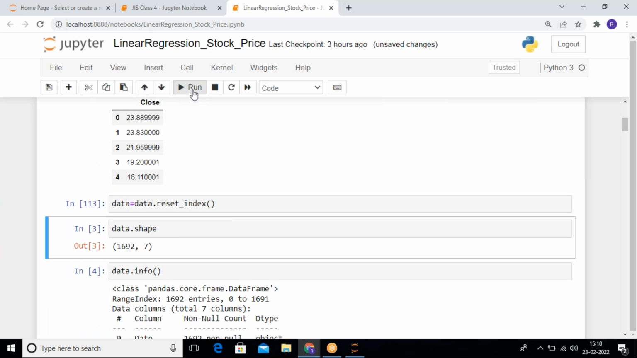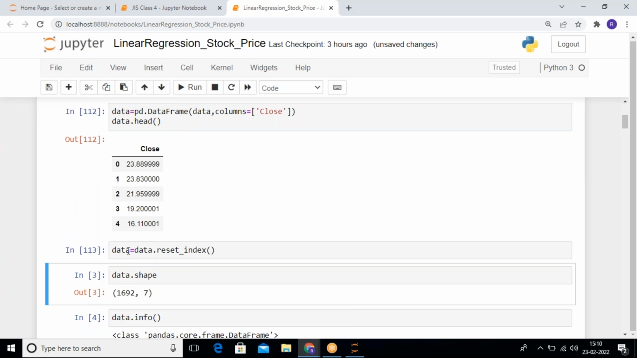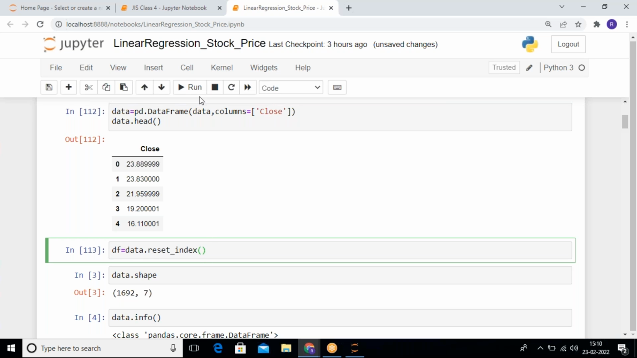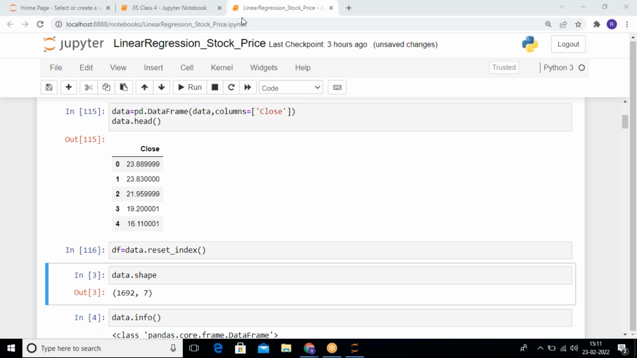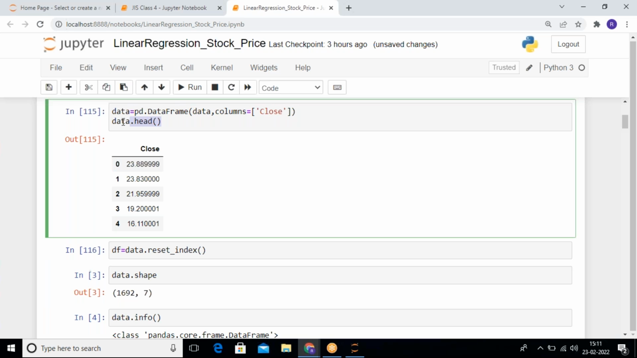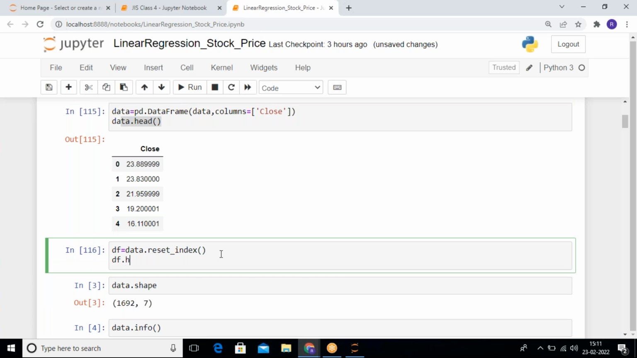Run this. Data equal to data dot reset index, or let's take one variable, df equal to data dot reset index. Why are we actually resetting the index? We are resetting the index column so that we have integers to represent the time. Basically here I just wrote data dot head, and here when I write df dot head,